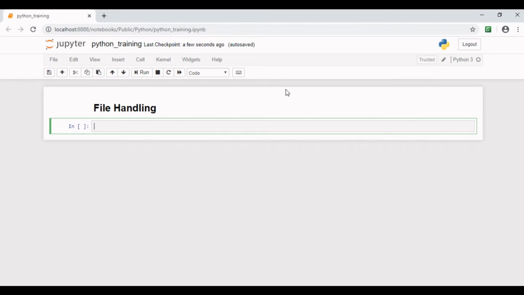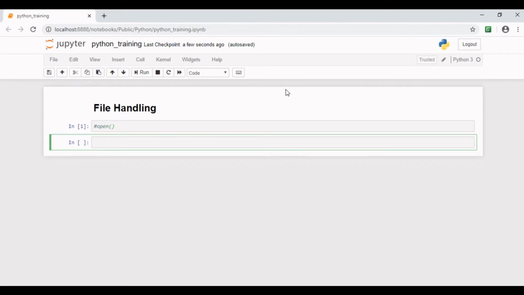Python provides open function to open a file. We have already talked about this method in previous tutorial, in which we discussed Python OS module. This method accepts two arguments, file name and mode in which the file is accessed. It returns a file object which can be used to perform various operations like reading from a file, writing to a file, etc. Let's look at this simple example